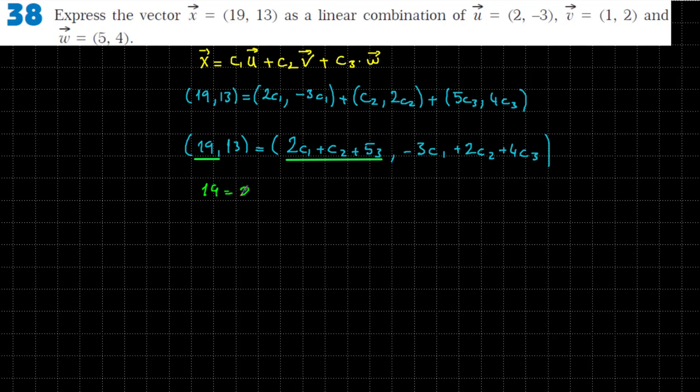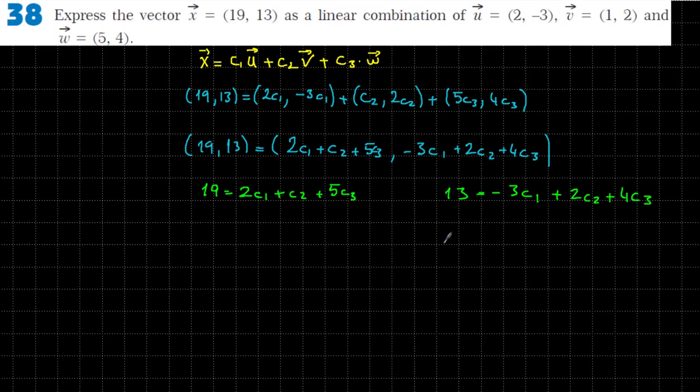19 is equal to 2c1 plus c2 plus 5c3, and the second one, 13 is equal to minus 3c1 plus 2c2 plus 4c3. Okay, now we have three unknowns and two equations. It is not possible to solve these equations like this. So we are going to write